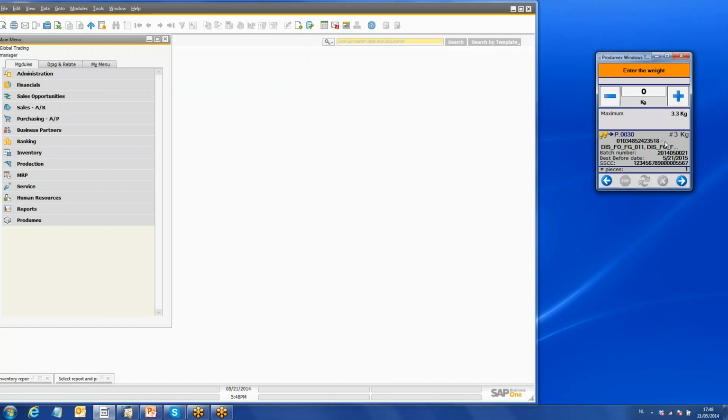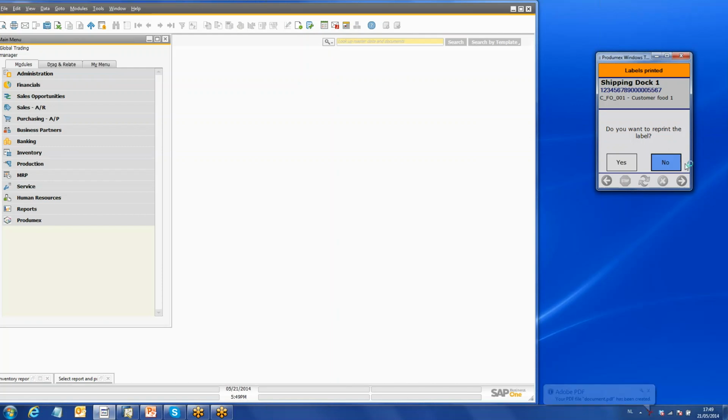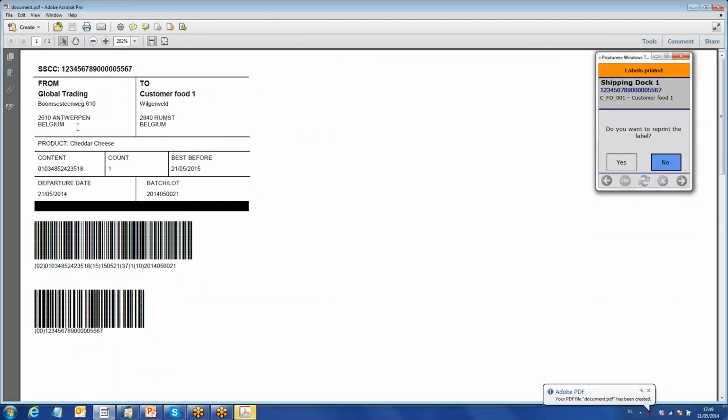Okay. And as it is specified that also in the process of selling and shipping, I will have to enter the weight, because there is no label or GS1 label on the product that indicates the weight. I will now have to do it manually, but again, if there is a barcode giving the application identifier for the variable weight, it will automatically register it. So here I know that it is 3.1 kilogram, and he picks the items, and then will again now create a shipping label,